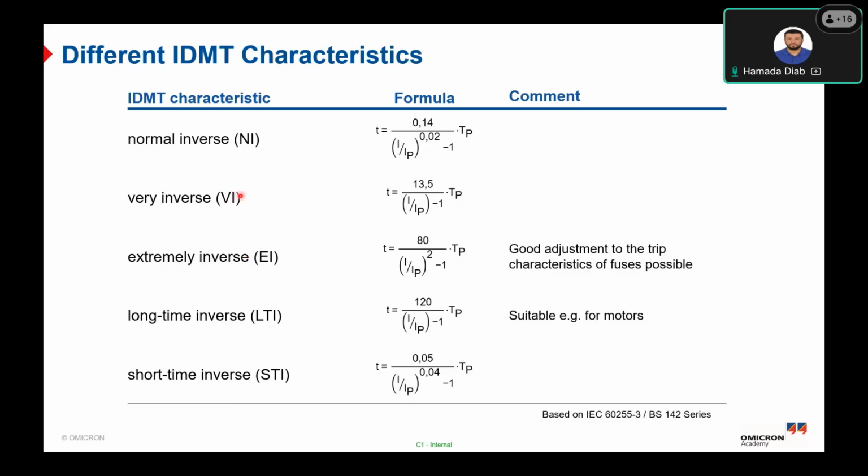It can be normal inverse, very inverse, extremely inverse, long time inverse, and short time inverse. Each standard curve here has a different formula. Okay, so if you need to calculate the tripping times, you have to use the suitable formula for the selected curve. Based on the current, as you can see here, for example, the normal inverse characteristic relationship: trip time equals 0.14 over (I over IB) to the power of 0.02 minus 1, multiplied by the TB,